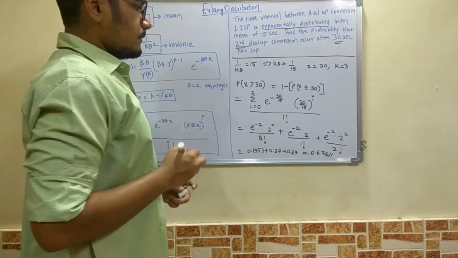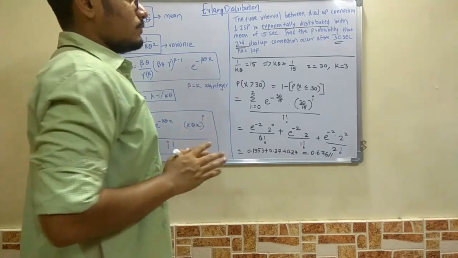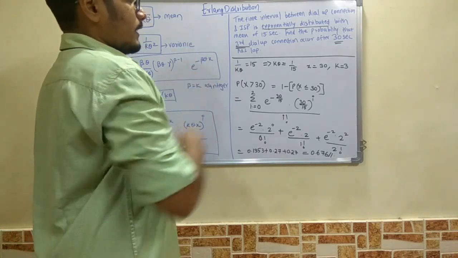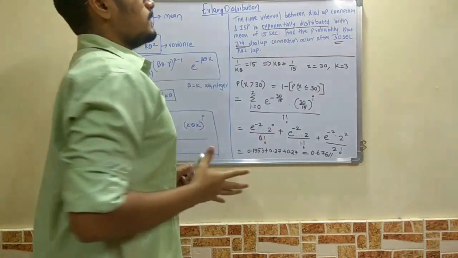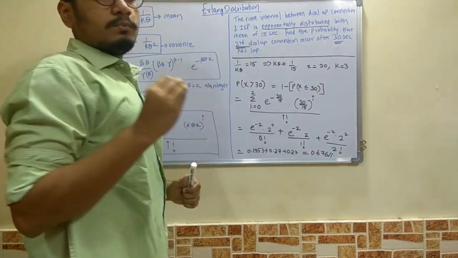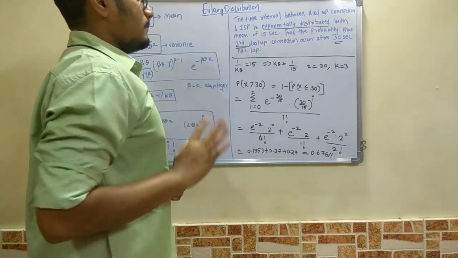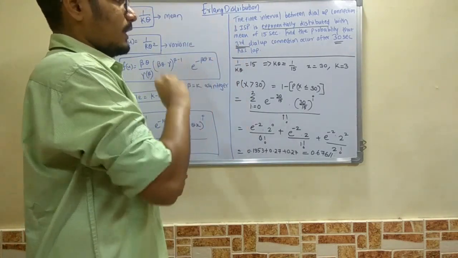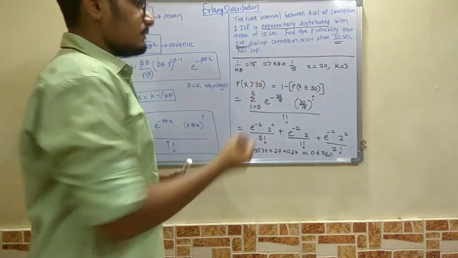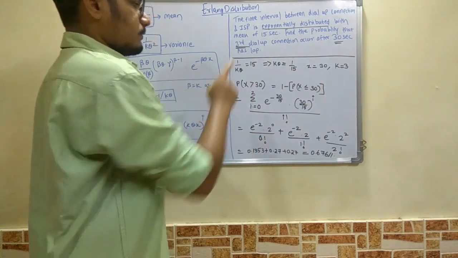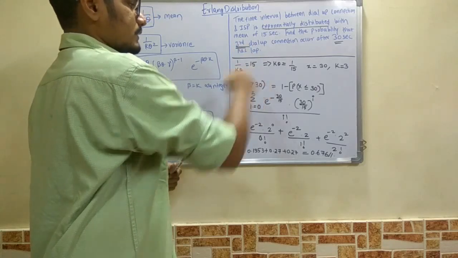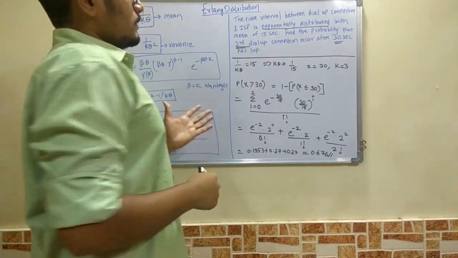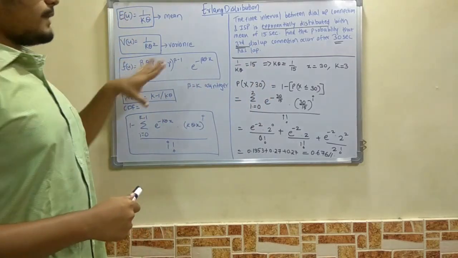So this was a simple problem, and you mainly have to identify the probability that is asked, that is, after 30 seconds have lapsed. So here we have to keep in mind that it is asked for x greater than 30 and not for less. If it was before 30 seconds, then we would be considering only this. Since this was the case, we have considered it in this manner. So this was all about the Erlang distribution, the concept and the solved problem.